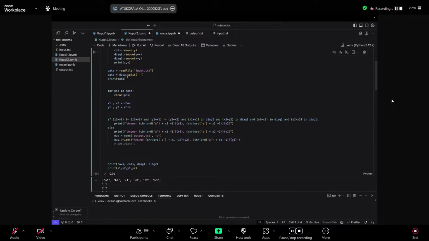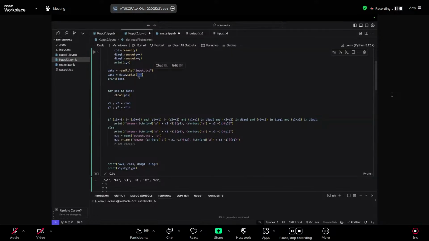So if you look at the syntax here, what I've done is I've called split on this data variable, which is a string. So you can call split on a string. And what I've specified is this. So this is the argument that I've given. I've given a string, which is a space.